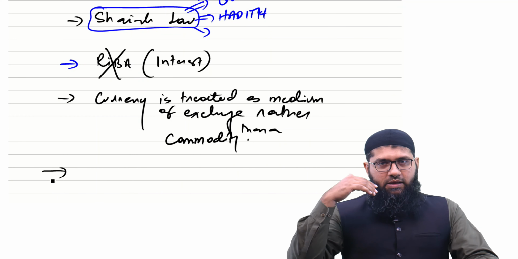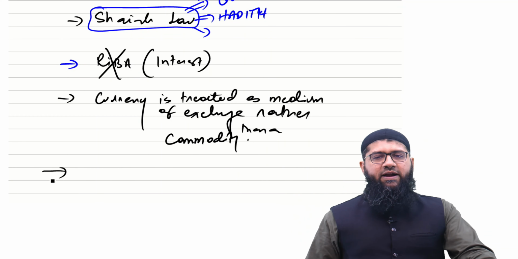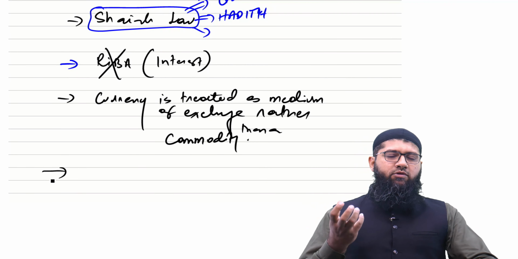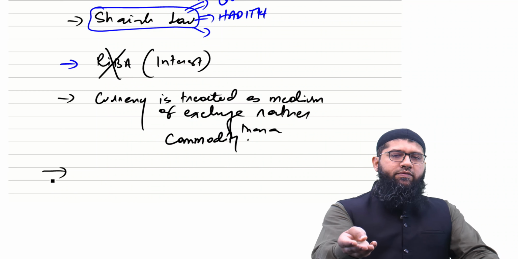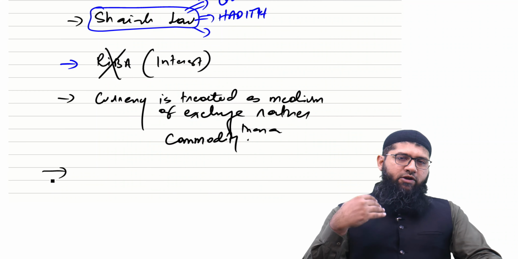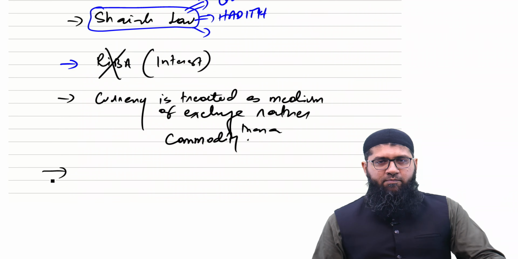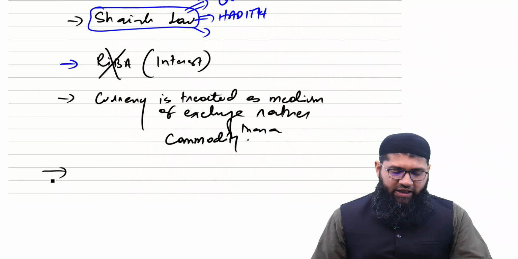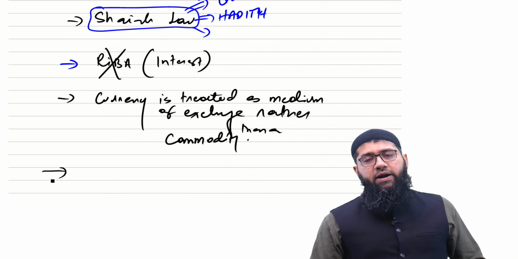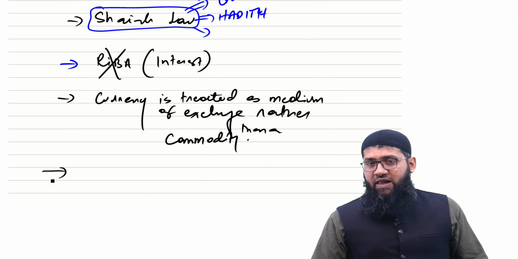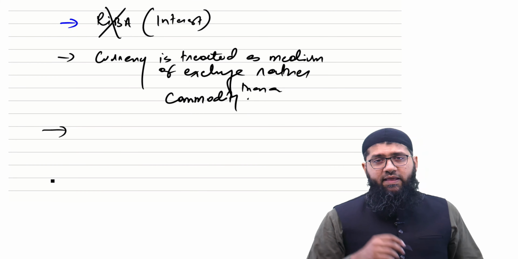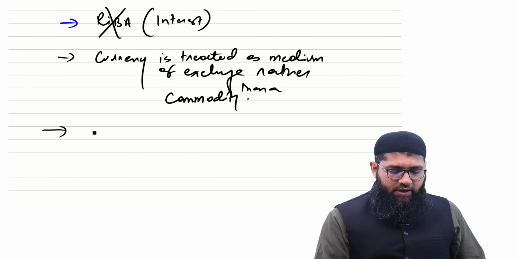Now, furthermore, why? Because they don't treat money as a commodity. Like the conventional bank, they are giving you money and taking money back. So giving you $100, they are taking $103 back. That means they're selling and buying the money. That's how it actually happens. So the Islamic bank treats the currency as a medium of exchange, not a commodity. Furthermore, the final thing is that